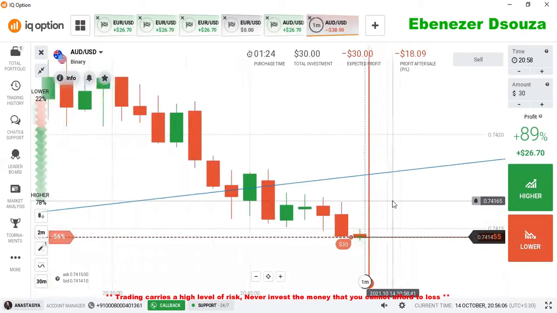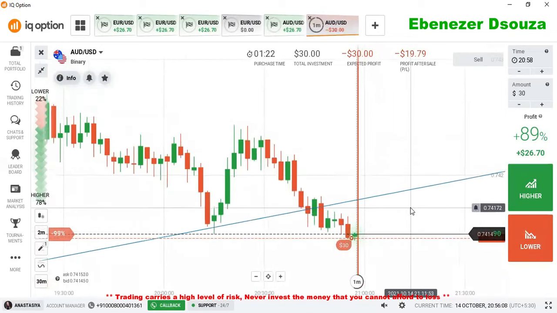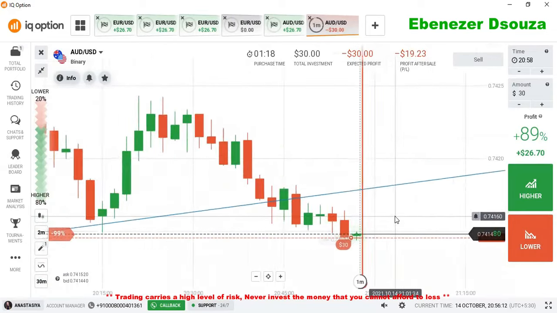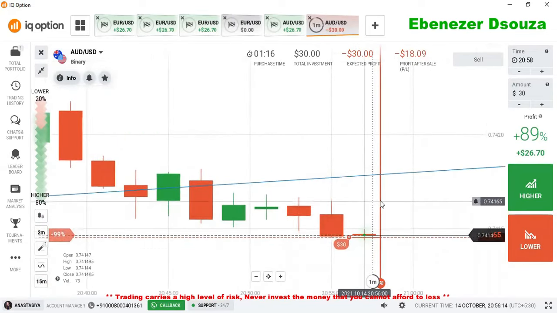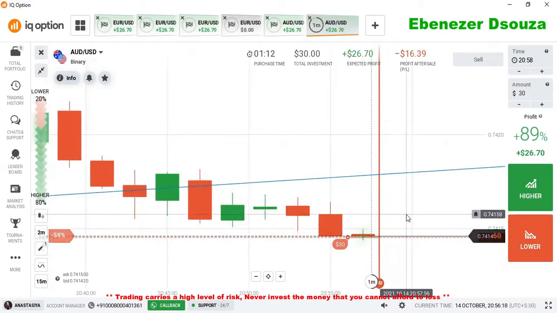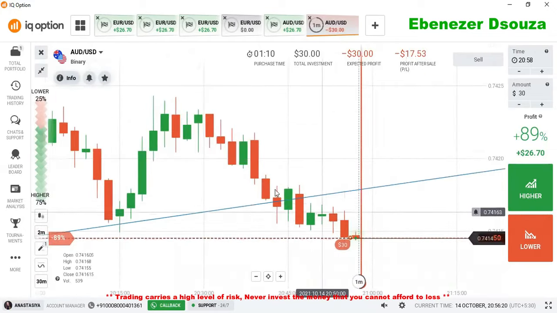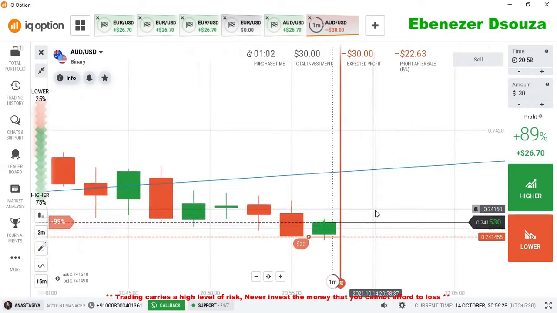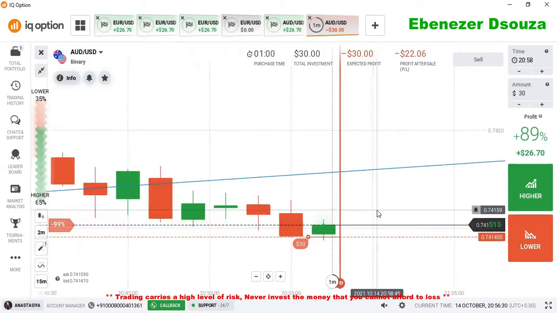Okay, I placed a lower option trade because it is a very strong candlestick. So there is a strong rejection point actually, but even there is a rejection, still I am seeing a bearish candlestick. It means the sellers will try to continue at least for one candle, and I am seeing a strong downtrend too. It's not good to go against the trend. That's why I prefer to go with sellers only here.